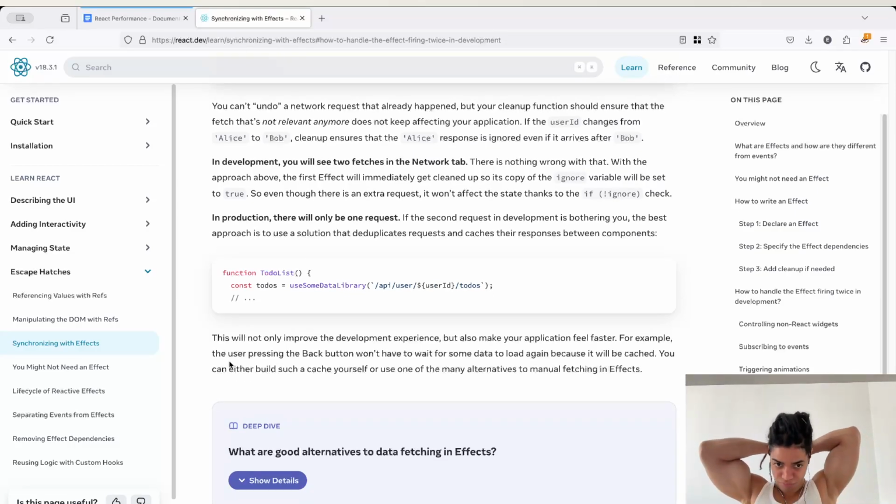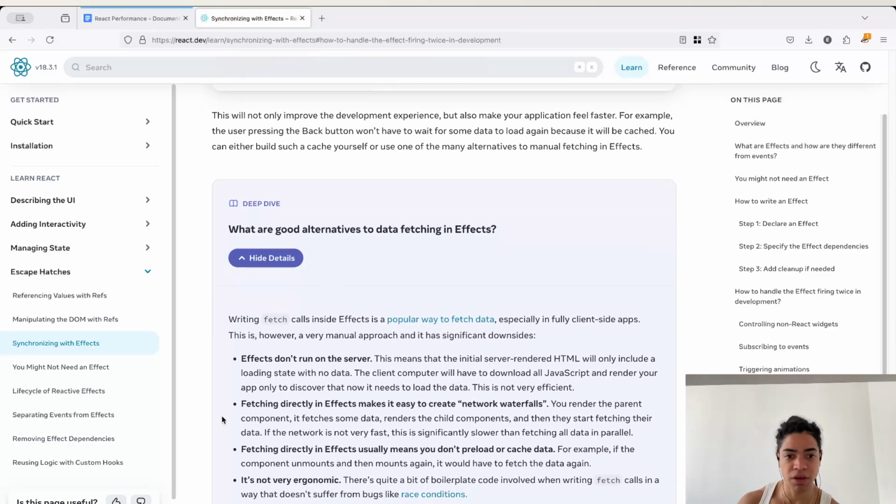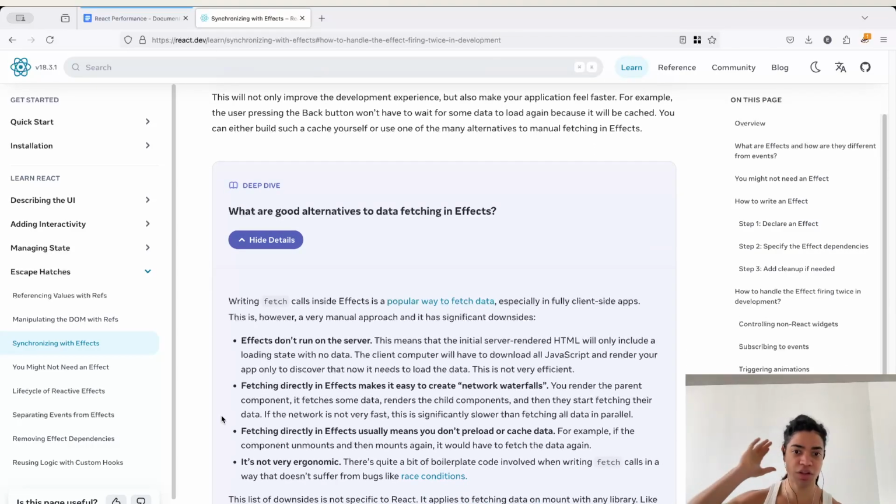You can use some alternative way to fetch data, because even though you have to manually write your logic to ignore the previous request, especially in development, as you can see in development it's passing through the setup, cleanup, setup function. Okay, so